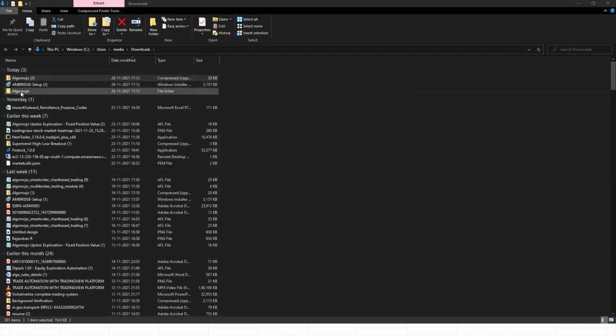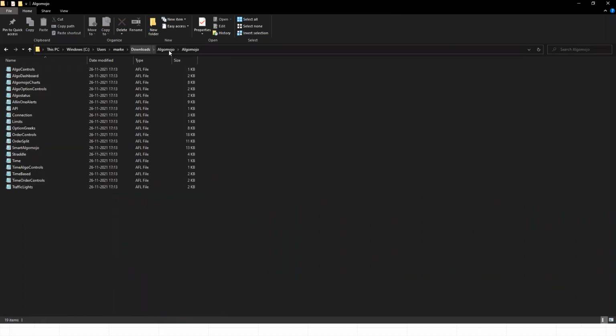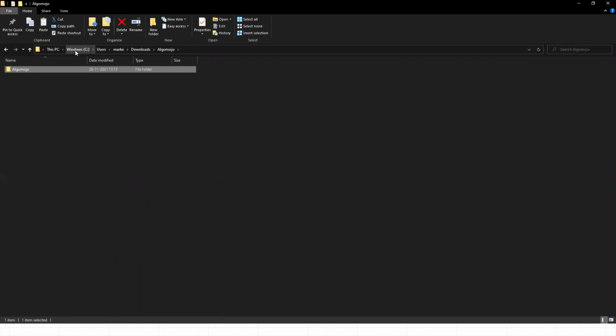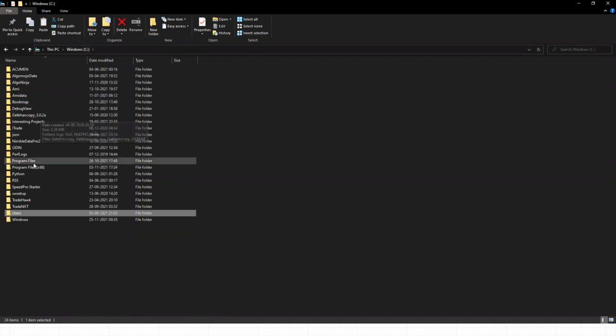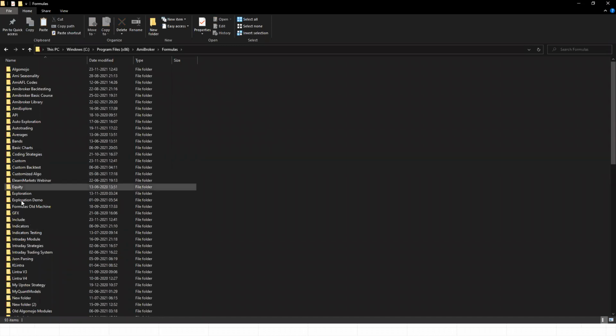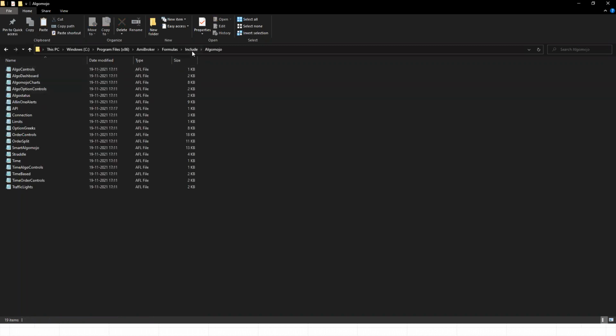So ensure that when the folder is created and you open the folder, you should be able to see the files. That particular folder only you have to copy. I'm just copying this particular folder. I'll go to my C drive, Program Files, AmiBroker, Formulas. Under this Formulas folder, I'm going to go to the Include folder. This Include folder contains the AmiBroker libraries, and in this Include folder itself you can create your own libraries. Right click and then paste it. In my case, I already have it, so it's already pasted. Once you paste inside Include, AlgoMojo, you'll be able to see the files.